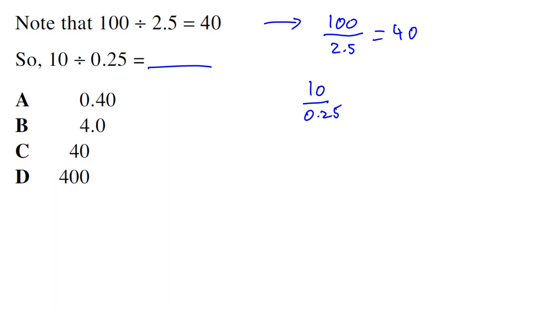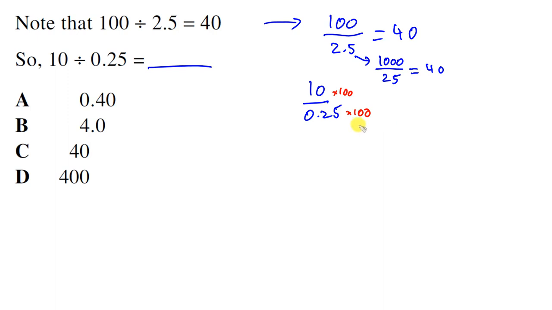Remember that I can multiply both top and bottom of each fraction by the same thing without changing the actual value. What that means is if I multiply both the top and the bottom of this first thing by 10, what I'll get is 1000 over 25, and that'll still be equal to 40. This second fraction I can also multiply, this time by 100. So if I multiply both top and bottom by 100,